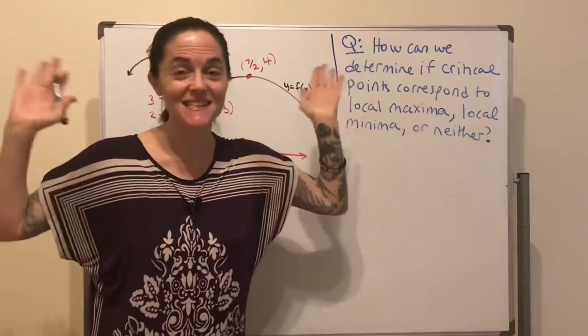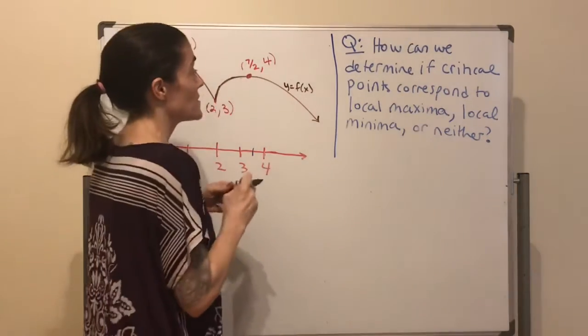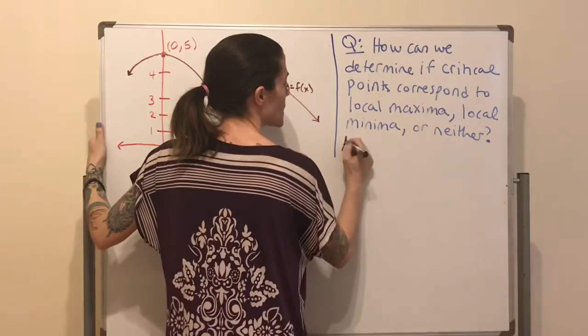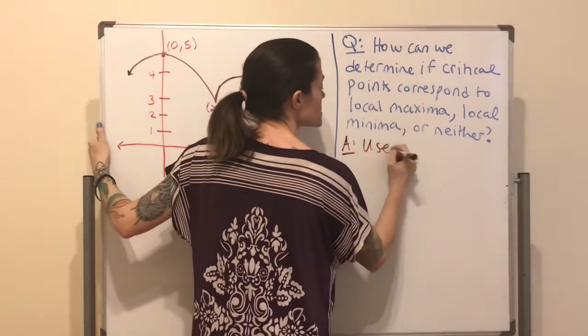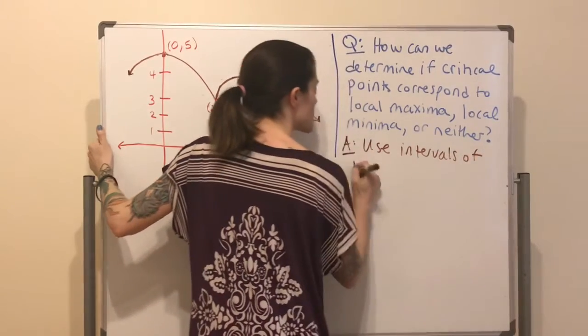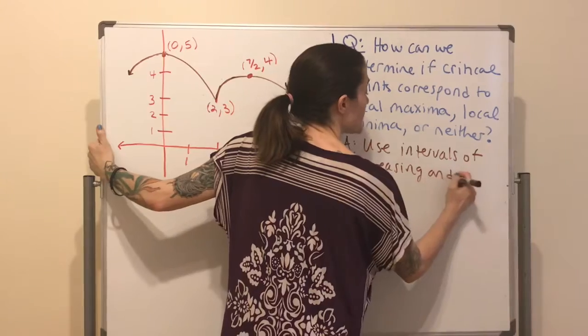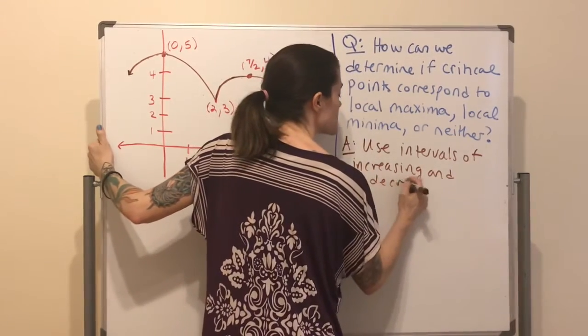Well, of course, calculus, but let's get a little bit more specific, okay? So the answer here is we will use intervals of increasing and decreasing. Now, let me define both of these concepts,